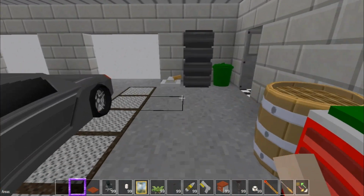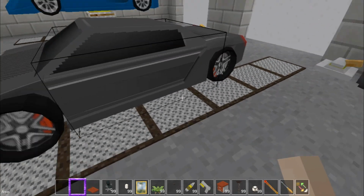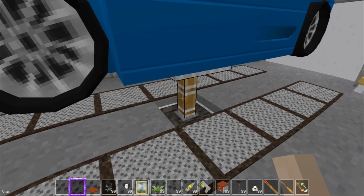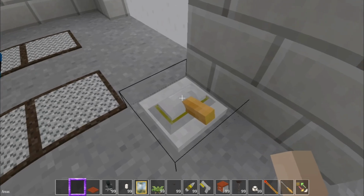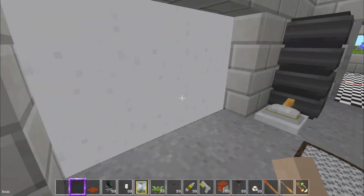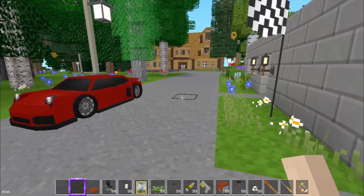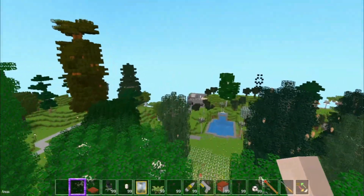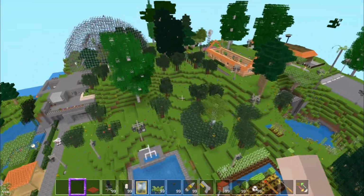And this is where I figured out how to make the cars lift. Cool. It's just a sticky piston, and using the screwdriver, angled it. And it works. Cool. So that is that part. And I think there's only a couple more places to show here because the video is running very long. So this is all that's left of the original area. And then